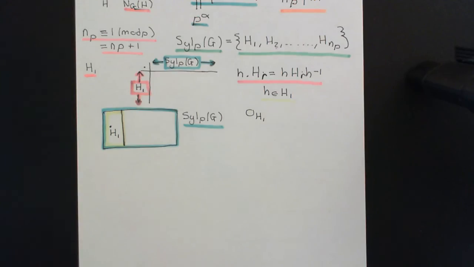But if you have a set that's larger than 1, then it's not going to be transitive. Okay, right, so what I can now do is use this to prove part 2 of the third Sylow theorem. And the way that I can use it to prove part 2 of the third Sylow theorem is I